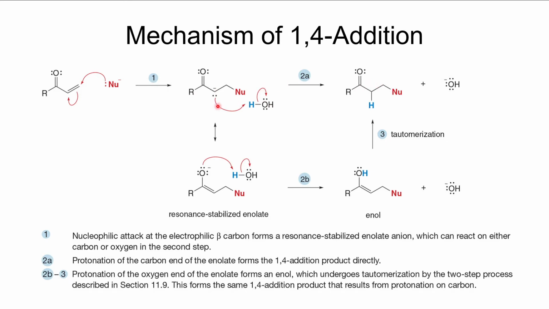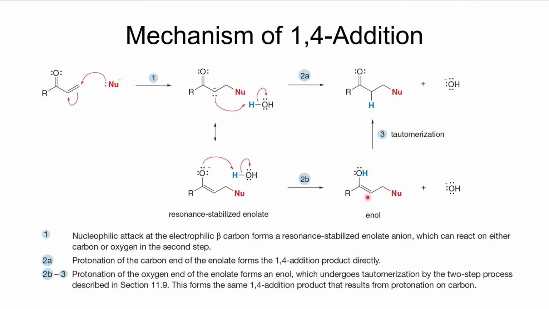However, what more likely happens is that, because there is another resonance structure where we can put the negative charge on the oxygen, that will be the more significant resonance structure. We put the water in, that comes in and protonates that oxygen and gives us this enol. Well, as we saw back in chapter 11, when we have an enol, it will undergo tautomerization, or it will tautomerize, if we want to make that into a verb. So the tautomerization of this will give us this, putting the hydrogen on that alpha carbon. So both of these give the same result. It probably goes through this mechanism, but